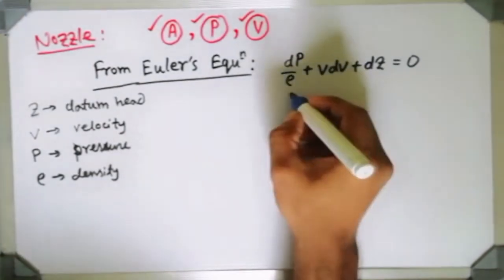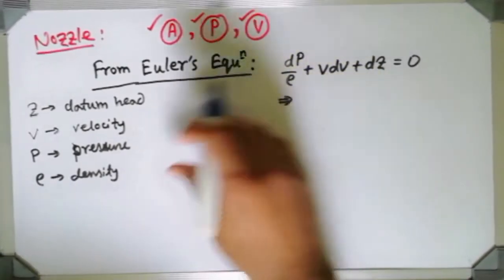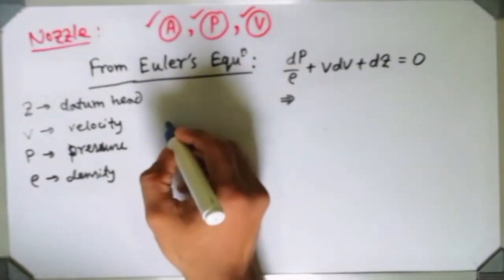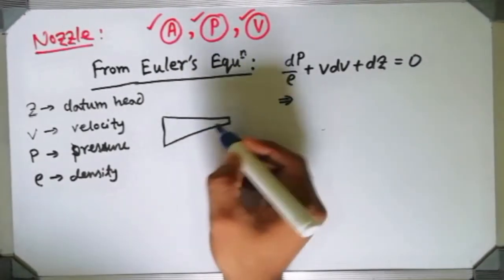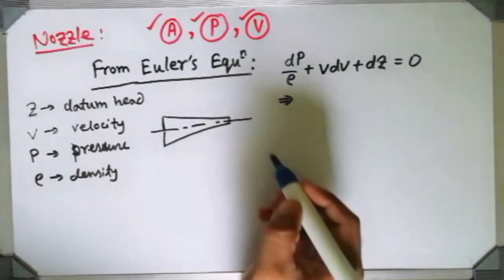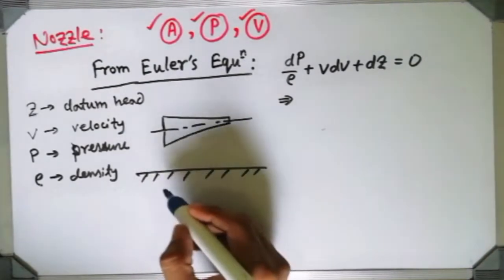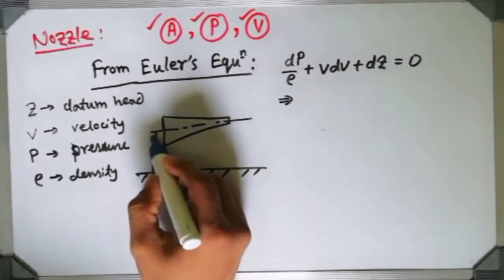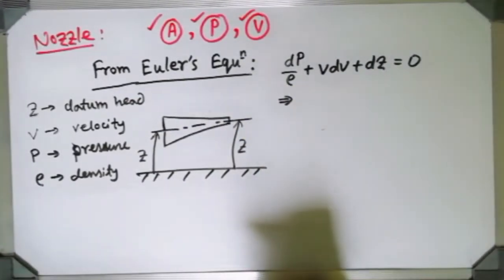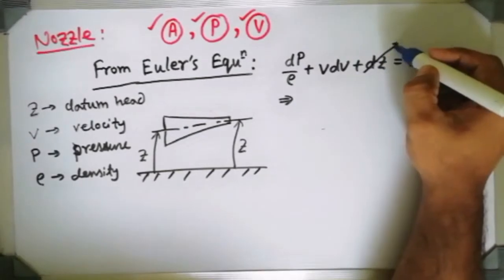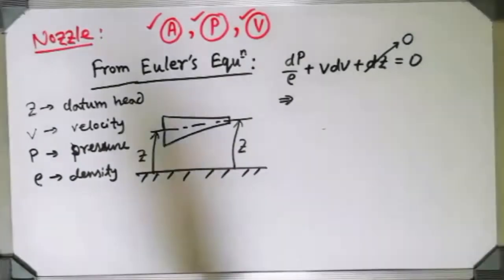Now the nozzle, if it is lying horizontally, I am talking about a nozzle, suppose this one, a convergent shape like this. This is the axis of the nozzle and it is lying horizontally, that is our reference surface. While it is lying horizontally, from this side z and from this side z, it remains constant, I can assume. So the dz part is nullified, because we are considering the nozzle placed horizontally. That is the reason.